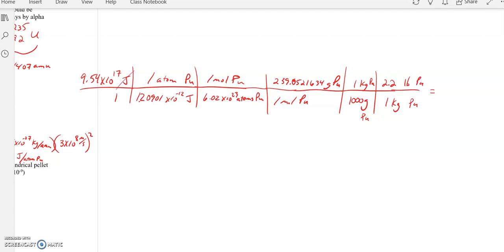So our only unit that hasn't canceled out is pounds of plutonium. I'm going to round it to 3 significant figures because of our 9.54 number we started with. And I'm going to get, 3 significant figures, 689,000 pounds of plutonium,